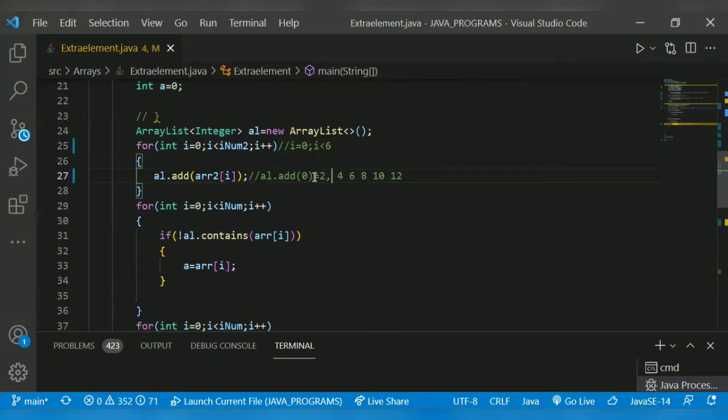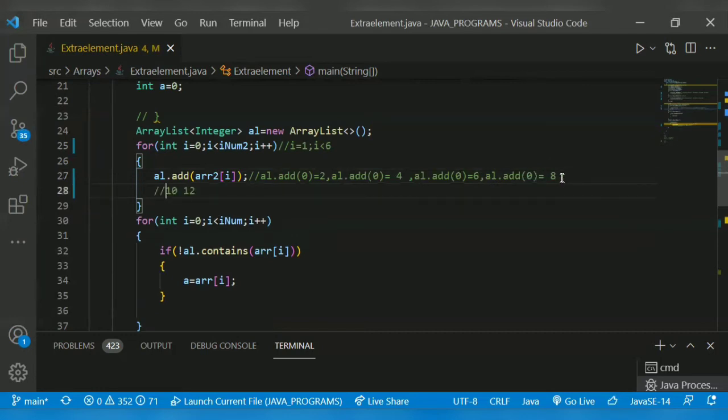For i is equal to 0, al dot add of 2. For i is equal to 1, it's 4.